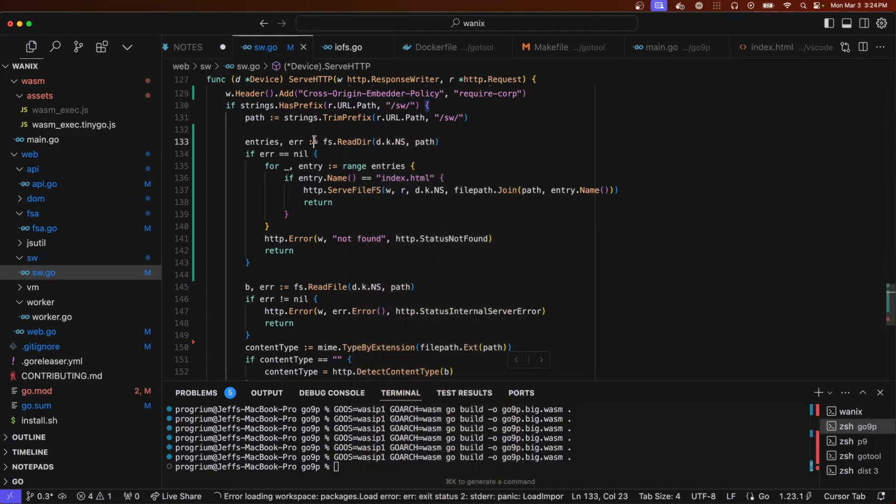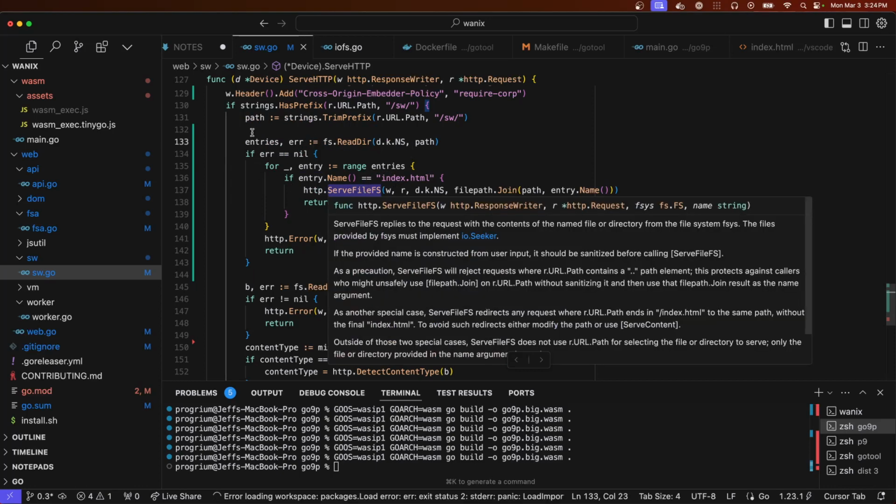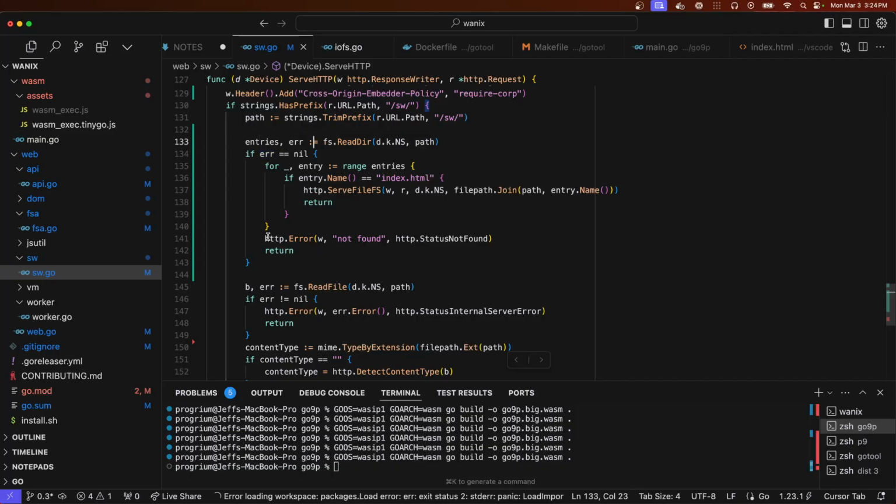What is this tab? So if it's a directory, if there's an index, serve it. Otherwise it's a directory, there's nothing, so 404.